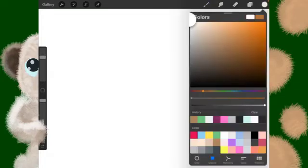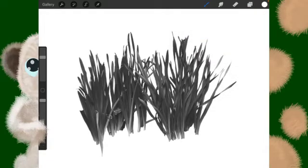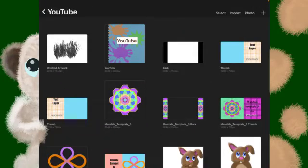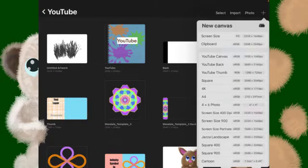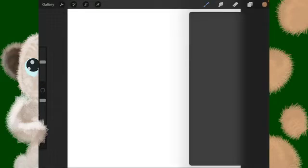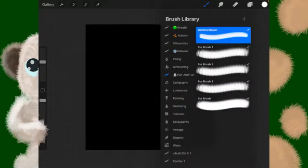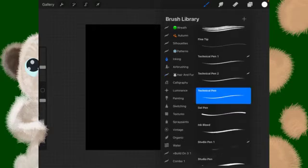So what we're going to do is use this as an inspiration. The first thing we want to do is go out to the gallery. And then we're going to click on the plus sign and start a new square canvas. We're going to turn the cursor color to white, the background color to black, and let's go into inking. We'll use the technical pen,